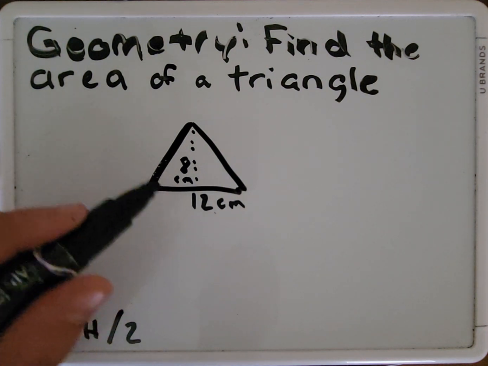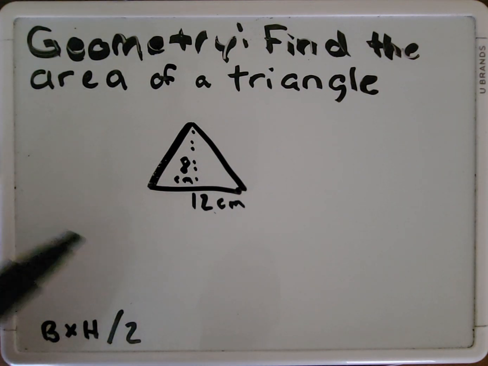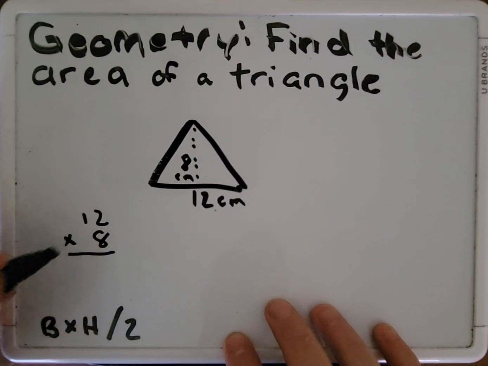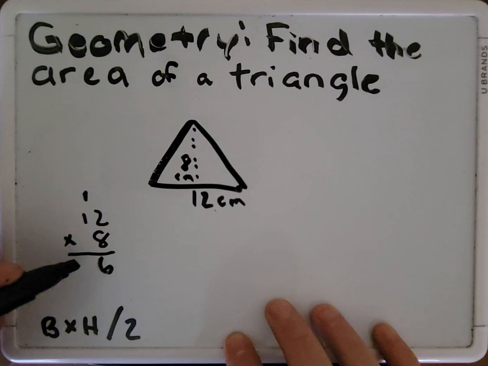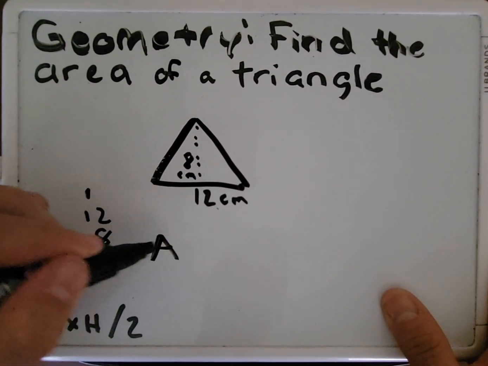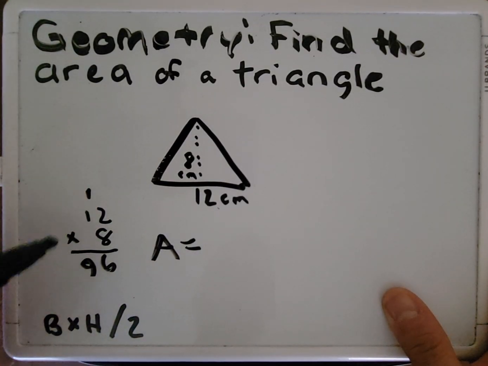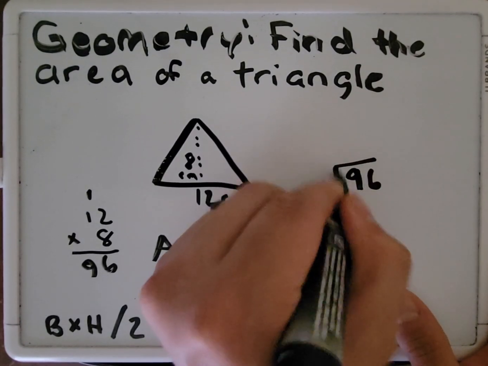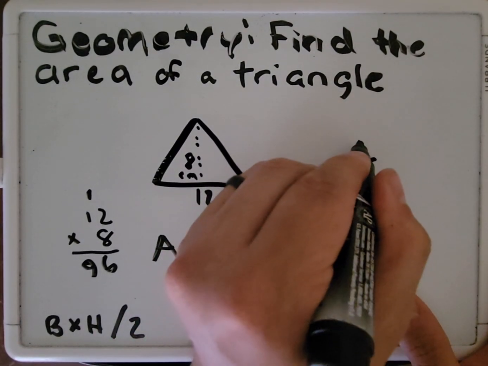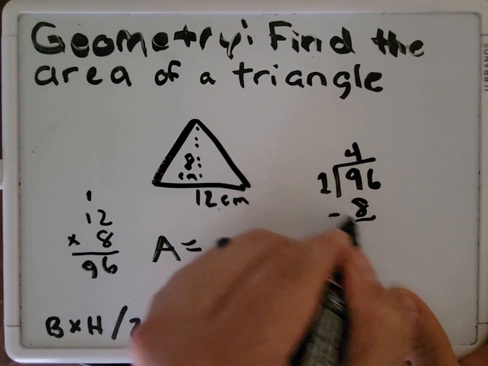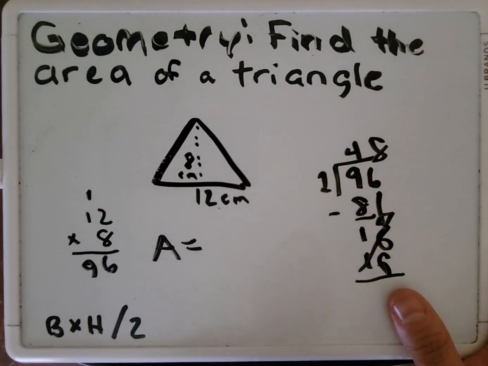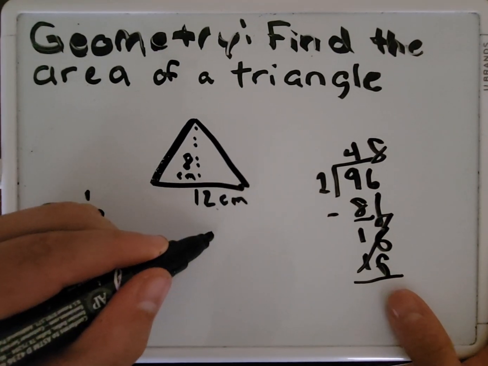So it's going to be 8, which is going to be the height, times 12, which is going to be the base. Well, 12 times 8 is going to equal 96, right? So A equals, now keep in mind, it's base times height divided by 2, right? So we're going to take 96 and divide it by 2. So A is going to equal 48